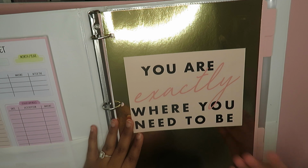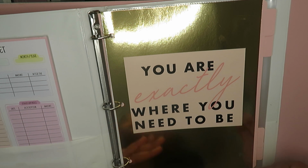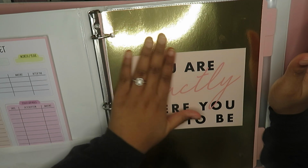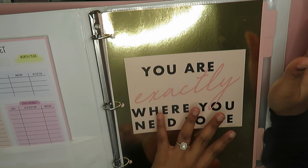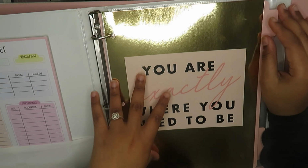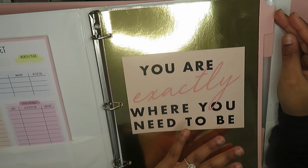discouraged, and with the amount that I have, which I will let you guys know in the future, it's a lot. I did 5 years of undergrad, and I have a hefty amount of student loans, so it's very discouraging. So this is just to say, you are exactly where you need to be. I'm doing the right things, I'm saving, and I'm planning so that I can have a debt-free future